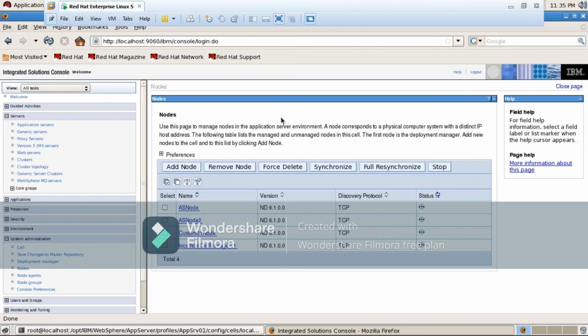Now, how many useful nodes are there? Only 5: one application server node and 4 custom nodes. So assume that by using these 5 nodes, I am going to create 20 JVMs. In the 20 JVMs, every 2 JVMs I club together, making 10 clusters. All these 10 applications I'm going to deploy into those 10 clusters. That's it. One setup is done, right? The same way I will repeat for the remaining 4.